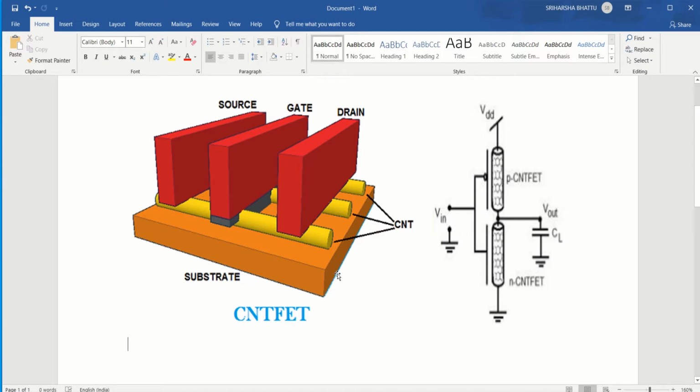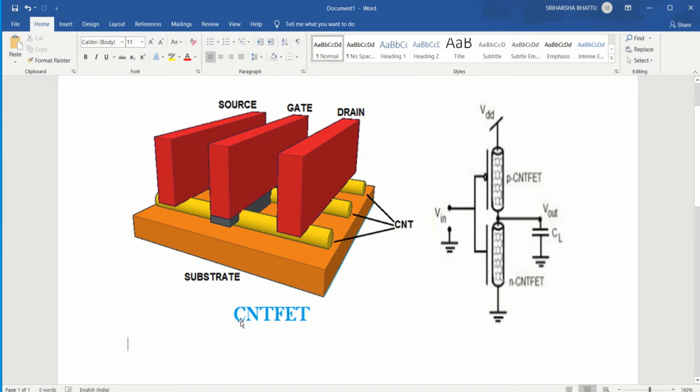The main difference between a conventional CMOS transistor and a CNT FET model of a transistor is that in a conventional CMOS transistor, a layer of SiO2, or silicon dioxide, is placed on the substrate.